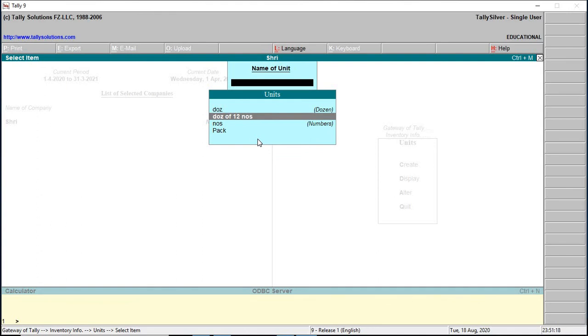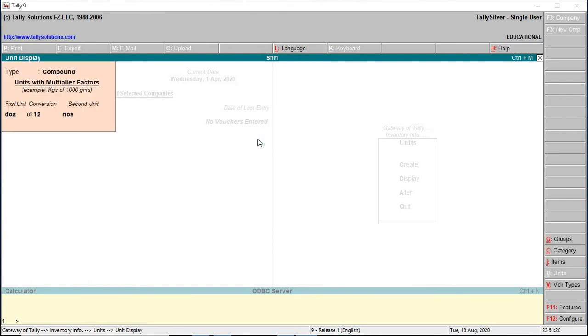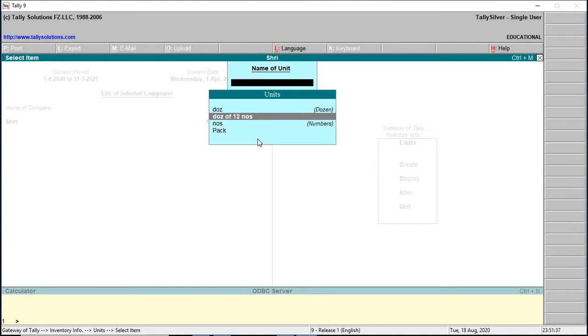Select the unit of measure and press enter. It displays the information entered for this unit of measure. Press escape to go back to the previous menu. Press escape.